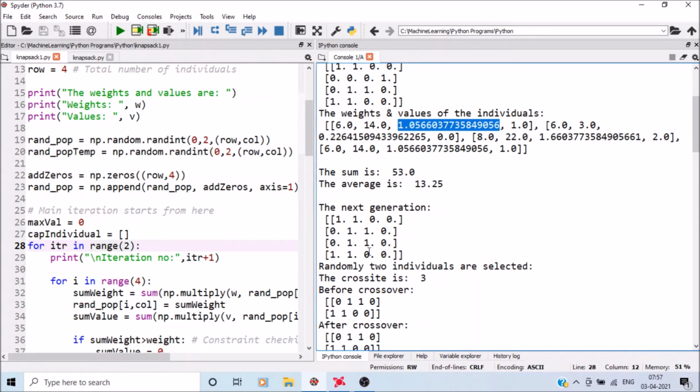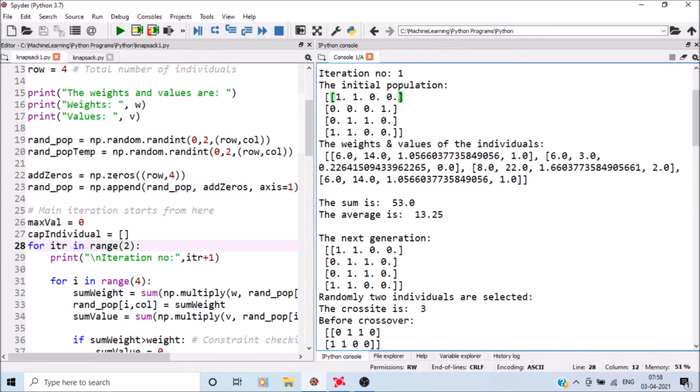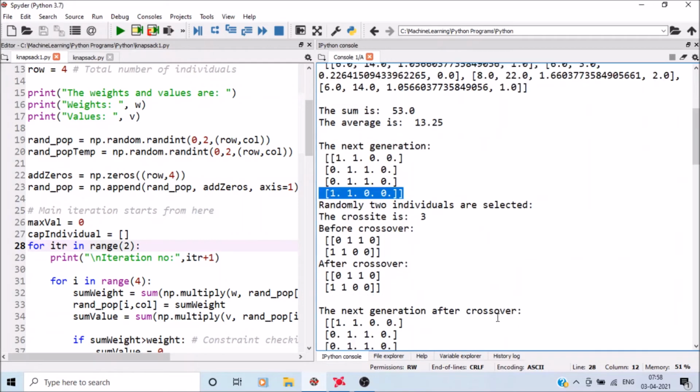After that we need the next generation. So this is our next generation. You can see here a single copy of this, no copy of this particular chromosome, 2 copies of this particular chromosome, and a single copy of this. After that, randomly we select the cross site. Now if it is the third one, that means 0, 1, 2, 3.